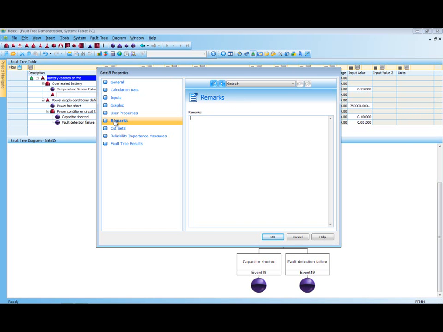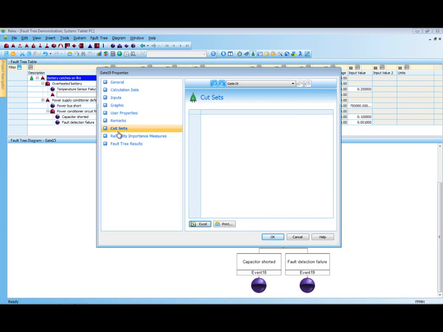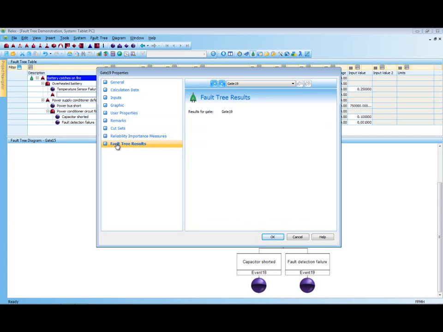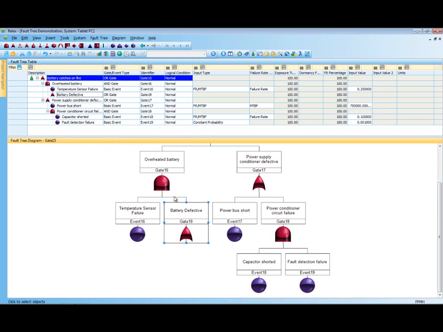The remarks provides us with a memo field where we can store up to 64,000 characters. And the cut sets, the reliability importance measures, as well as the fault tree results sections will all be updated once we've run the calculations for this fault tree diagram. Once I click OK, my changes are going to be applied to that gate, and we can continue on with